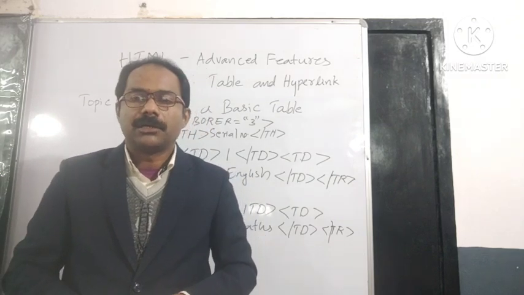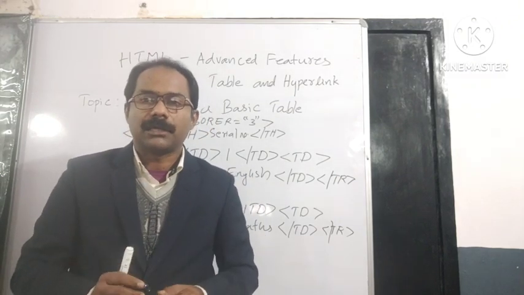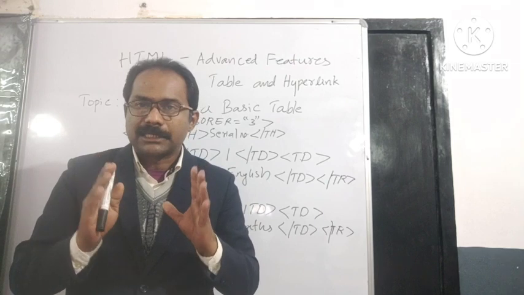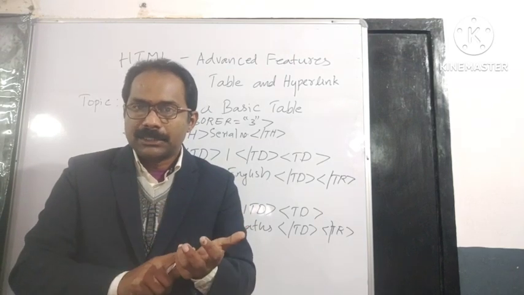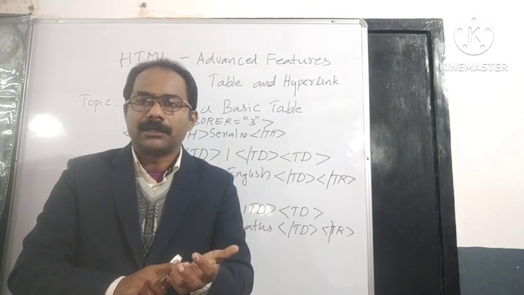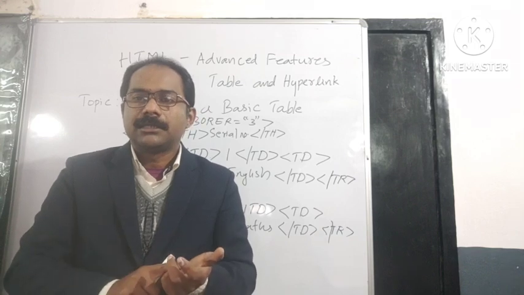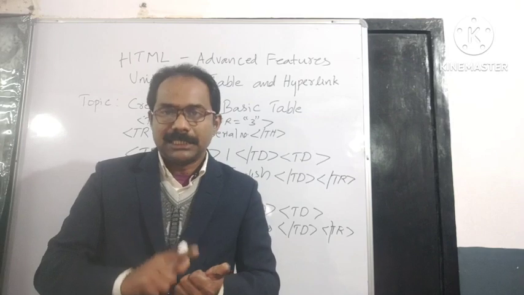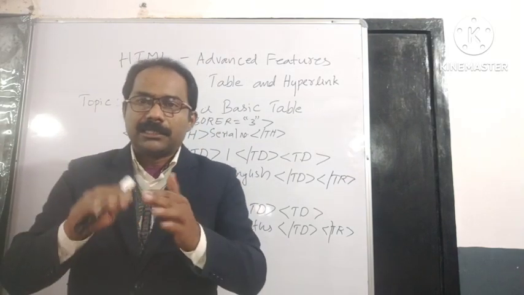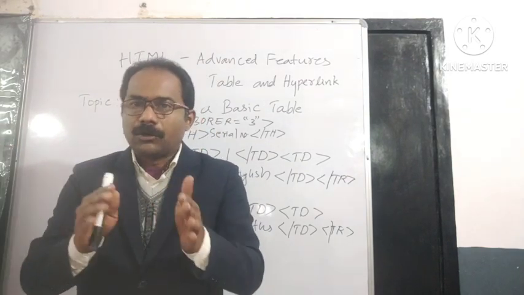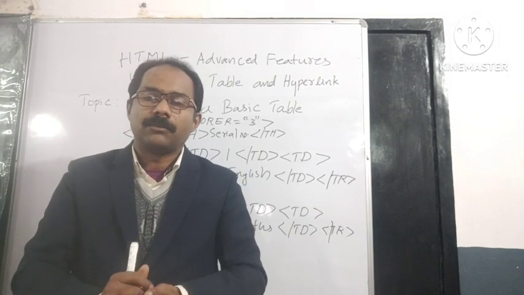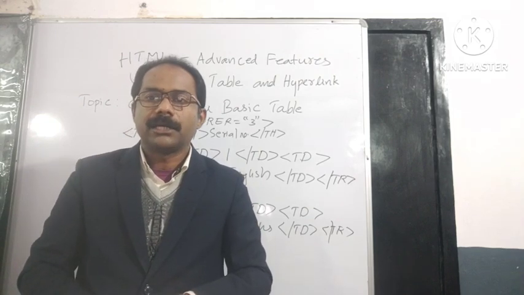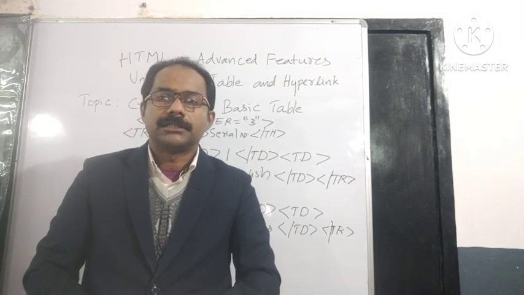Students, I hope that you understood the class. All of you read the book thoroughly and understand the different tags for creating a table. Which tag are we using? The table tag. For creating a row, which tag are we using? The tr tag. And for creating the heading of the row, we can use the th tag. And in the other rows, many cells or columns are there, that we can create with the help of the td tag. So all of you read carefully and study the topic.